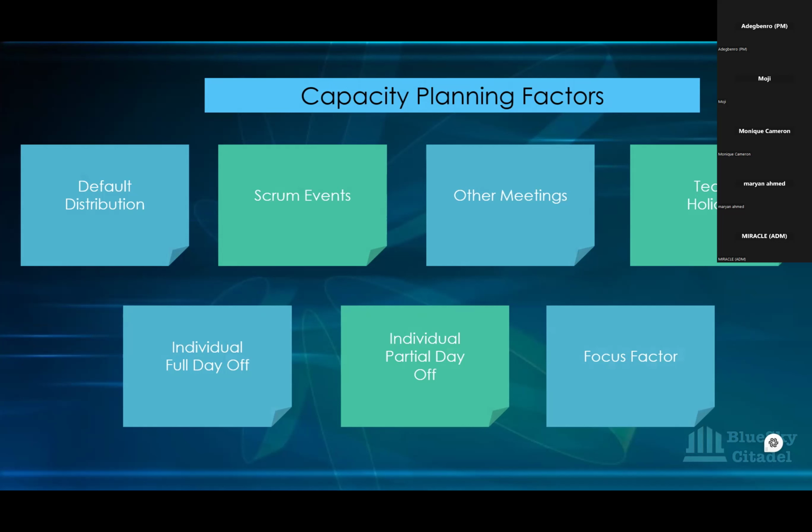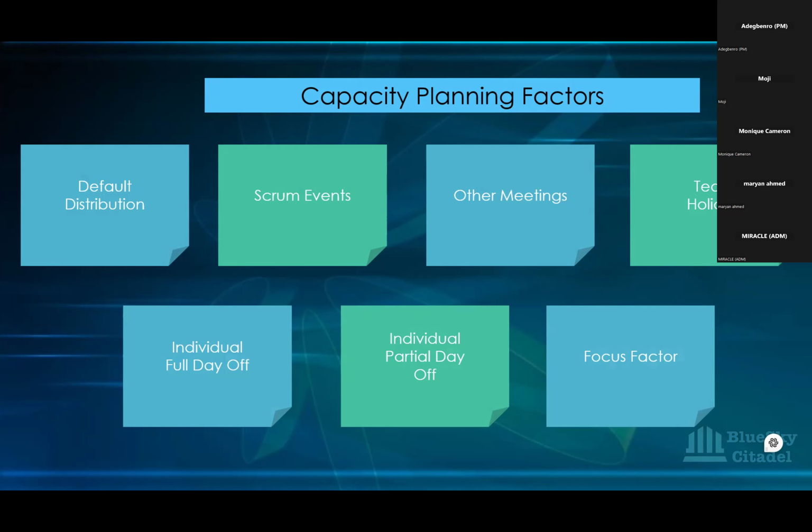And then we look at also the focus factor. The focus factor is the team's capability to remain focused on the sprint goal. So that's the factor that calculates the productivity. It enables the team to calculate the productivity we're talking about, that they need to be productive time. That is the focus factor. That is when they are working on the sprint goal without distraction, without any meetings, without any discussion, without any training and all that. That is the focus factor. And all these affect your planning